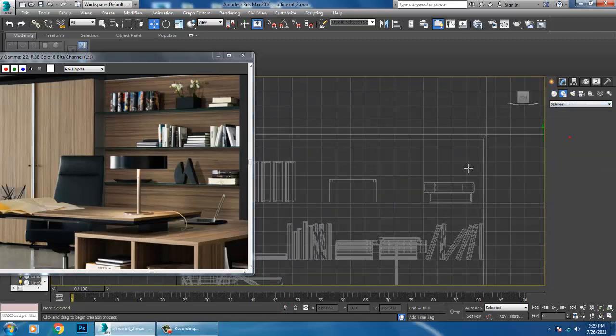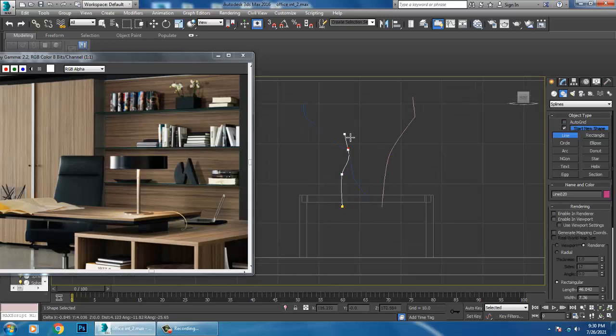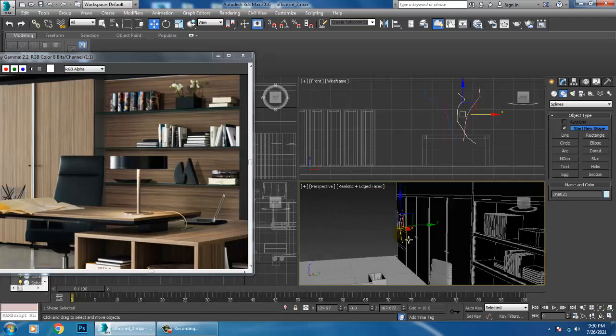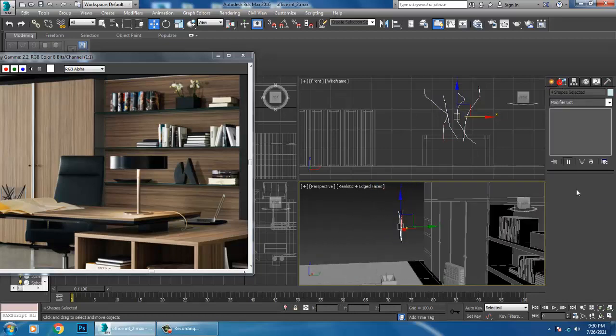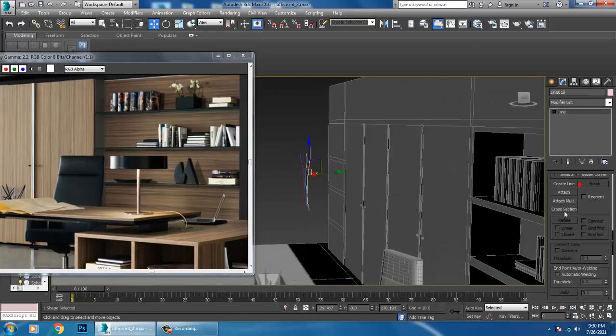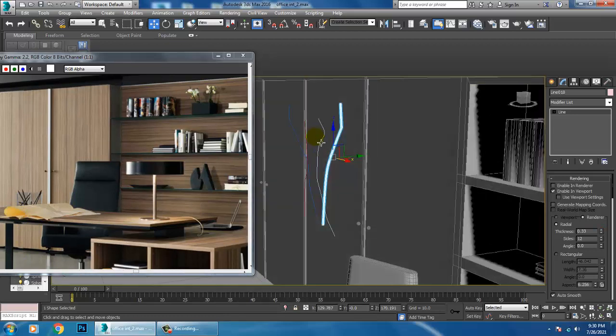I'll go into this line and create some kind of branches. Select this, enable viewport. Same way.